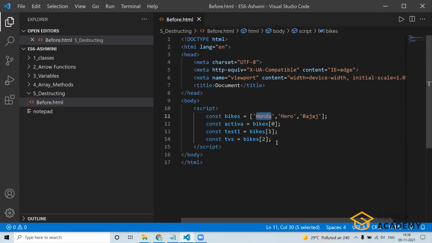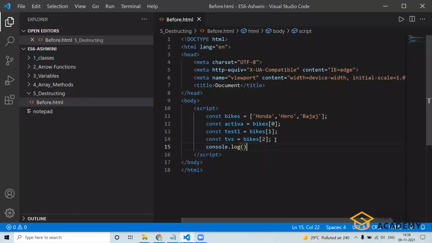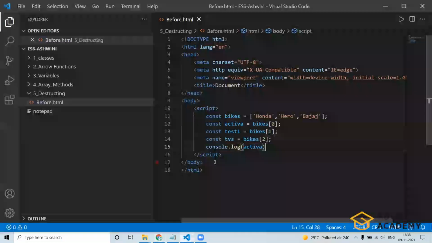If I console Activa, I will get Honda, right? Because Honda is stored right here. Bikes of 0 means Honda, right? Yes. And you don't need to write it as a